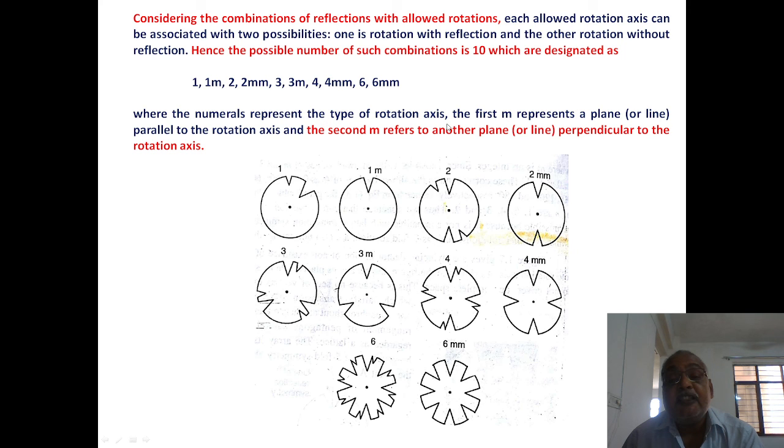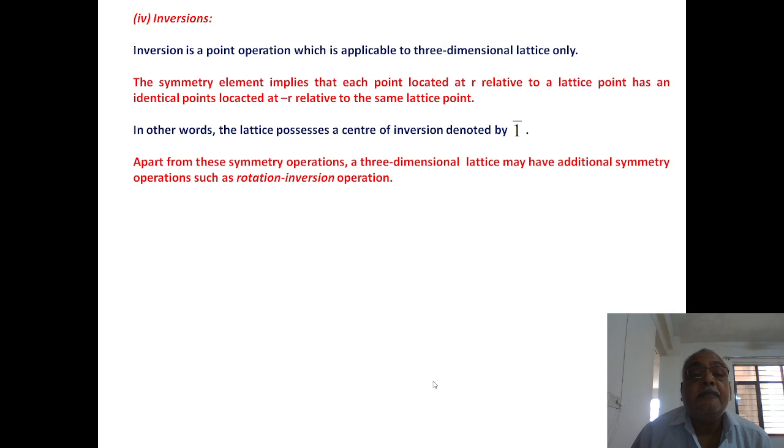कितना rotation axis है? And the first m represents a plane or line parallel to the rotation axis. A second m refers to another plane or line perpendicular to the rotation axis. क्योंकि एक rotation axis के parallel भी एक line हो सकता है, उसके perpendicular भी एक line हो सकता है. तो first m represents the parallel and second m refers to this. उसमें जो फिगर पहले दिखाया गया उसके डिफरेंट पॉसिबल इमेजेस दिखाया जा रहा है इसमें. This is the last slide and now,